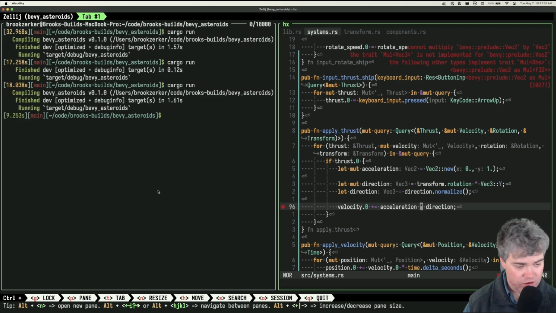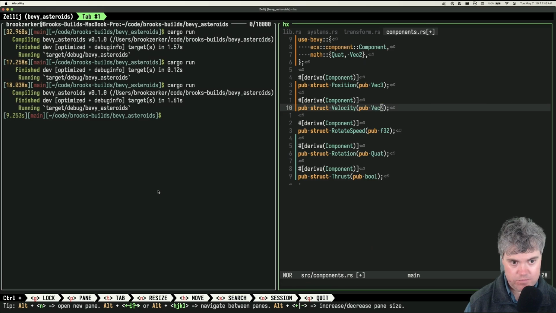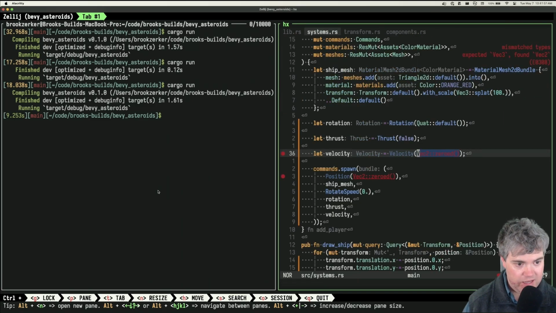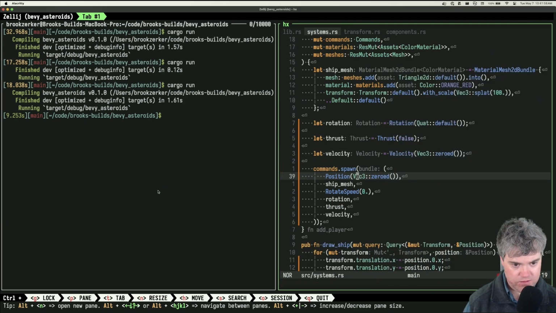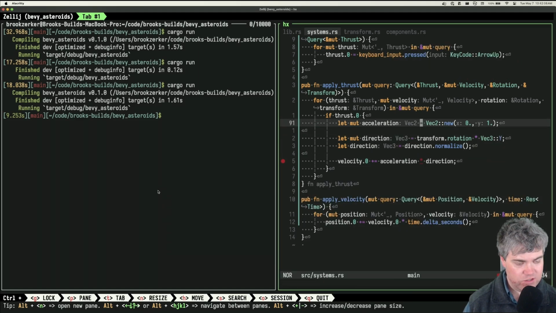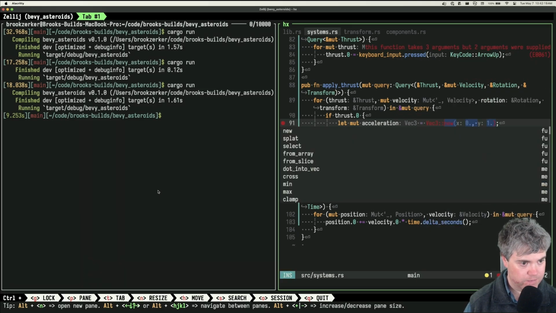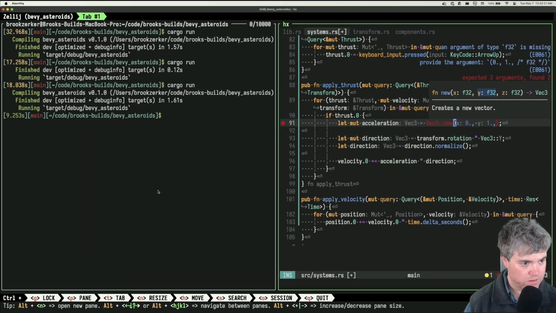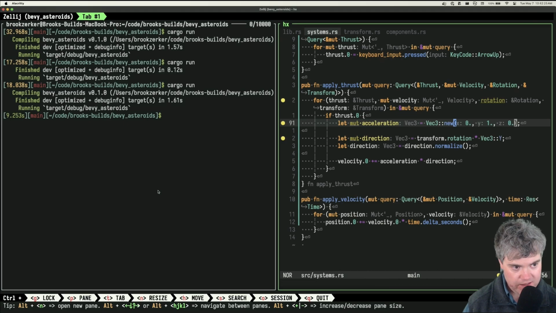Not implemented for that. Okay, so everything now needs to be a vec3. And you're upset because, yeah, it's vec3 zeroed, vec3 zeroed. Why are you still, oh, vec3. Okay, now you're happy.